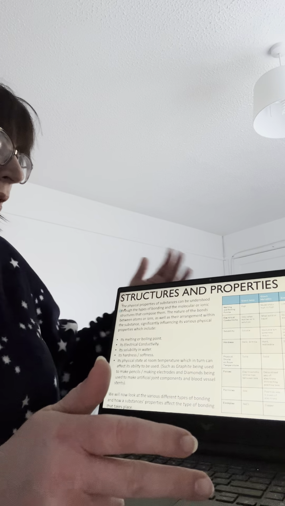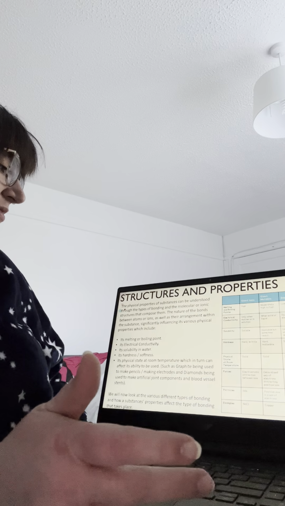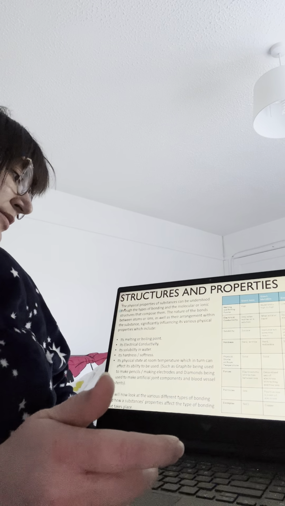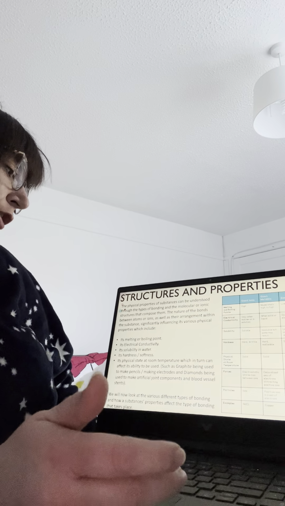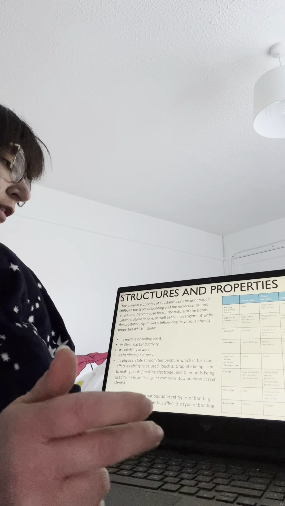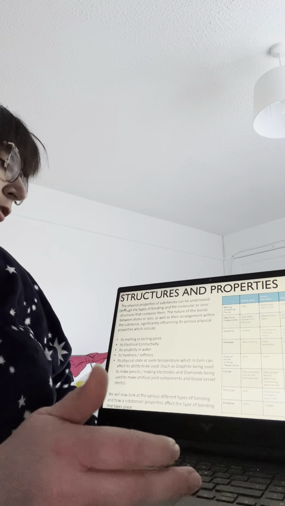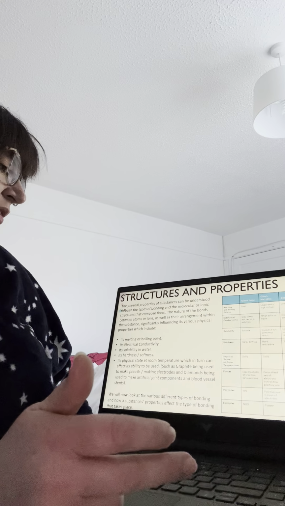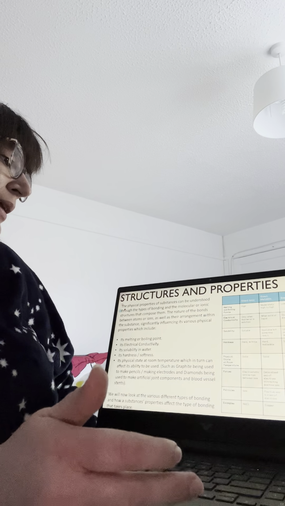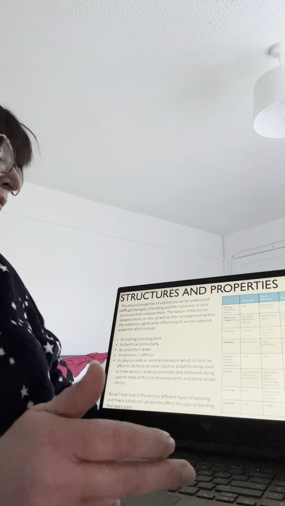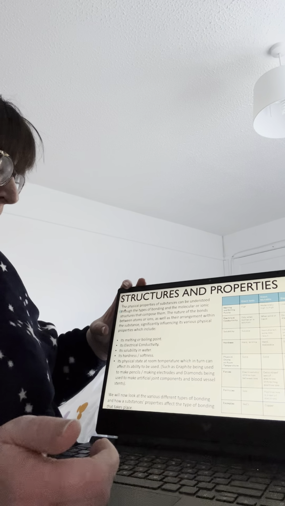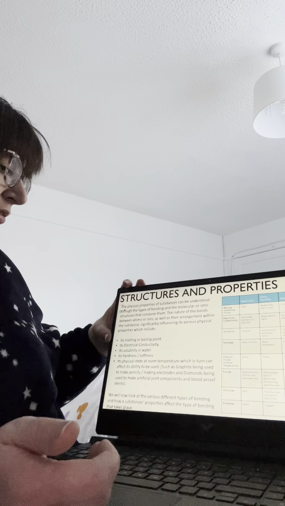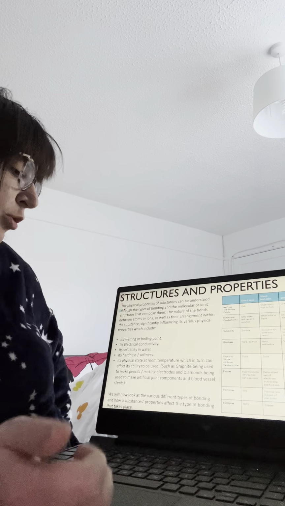Again, we're going to talk about melting and boiling points as a start, but the physical properties of substances can be understood through the types of bonding and the molecular and ionic structures that compose them. The nature of the bonds between atoms or ions, as well as their arrangement within the substance, significantly influences its various physical properties, which include its melting and boiling points, its electrical conductivity, its solubility in water,